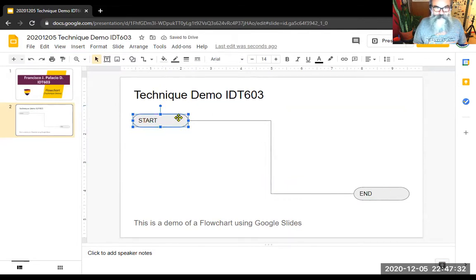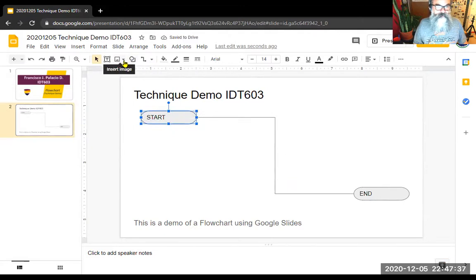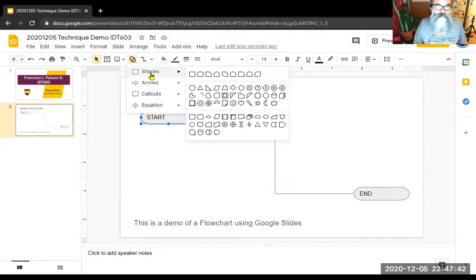Okay, and again, I'm not going to go too deep into the creation of shapes. I think that's pretty self-explanatory. We have all kinds here, and again, as you can see at the bottom, most of these apps now have the traditional process, alternate process, of course, the decision point, data. I like this one. I think it's the predefined process, internal storage. Of course, here's the document one, multiple document, the terminators,